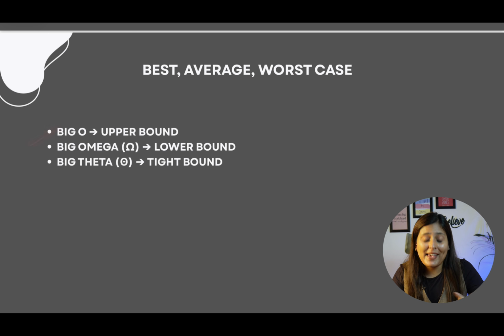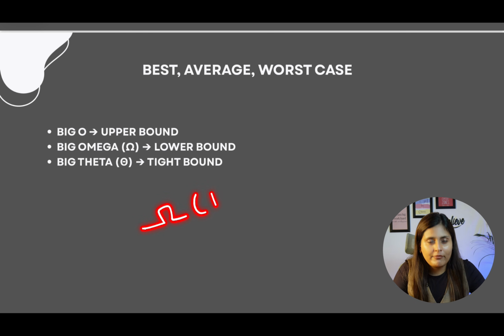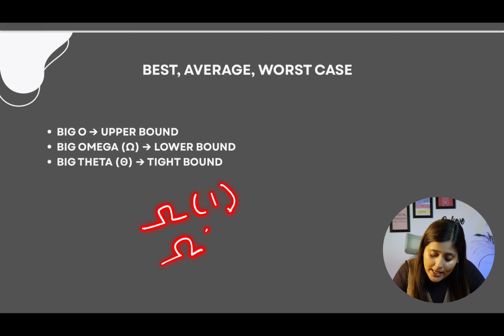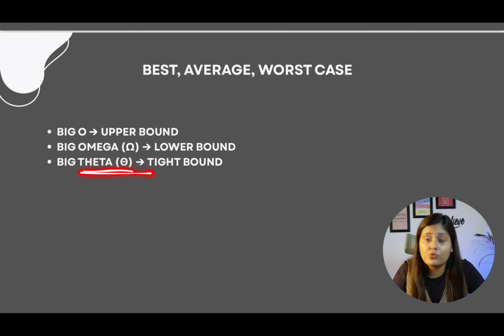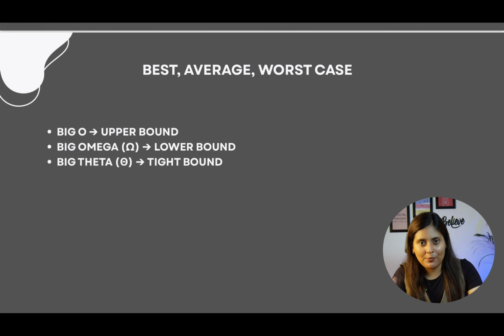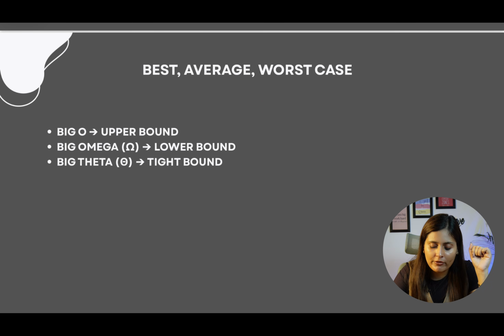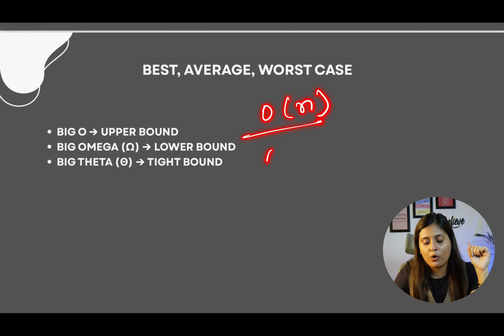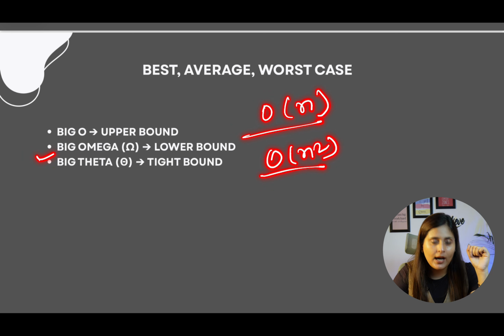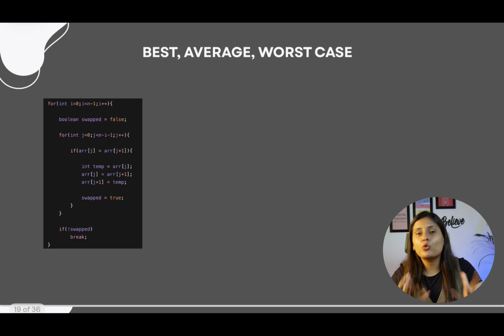Now when we talk about time complexity, we have best, average and worst case time complexity for every case. The best case we represent by omega. So when we say best case is 1, we mean omega 1. When we say best case is n, we mean omega n. Correct? Theta we use to represent the average case, and big O for the worst case. But when we talk about the time complexity of any problem, we always think of the worst case, and hence we always say big O of n, big O of n square instead of omega and theta. Remember that.